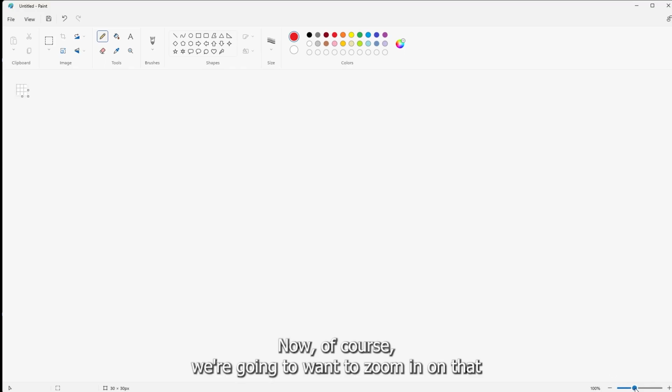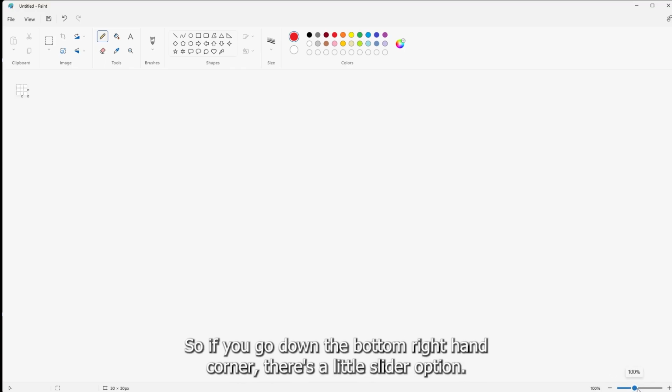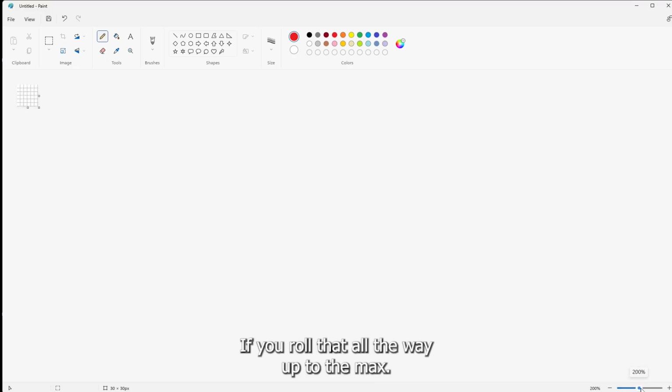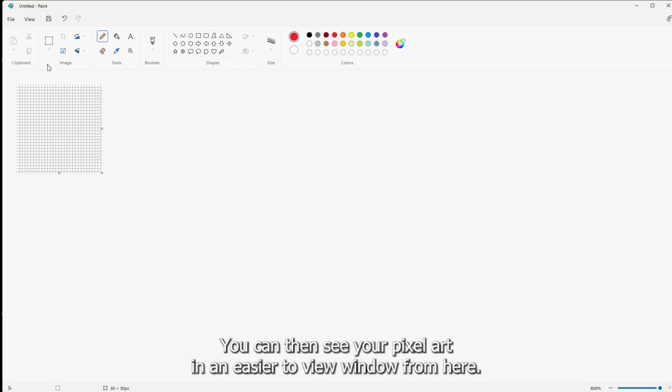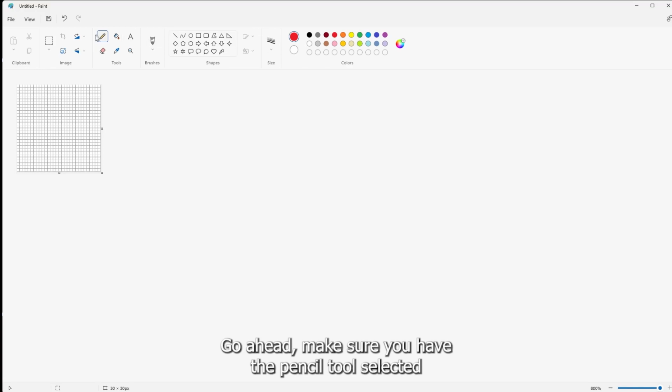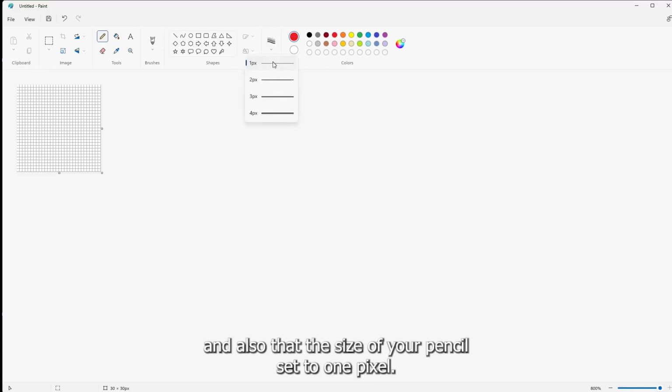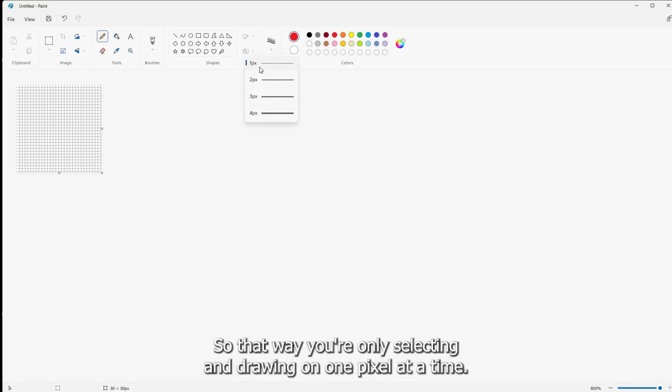Now, of course, we're going to want to zoom in on that so we can see what we're doing. So if you go down the bottom right-hand corner, there's a little slider option. If you roll that all the way up to the max, you can then see your pixel art in an easier-to-view window. From here, go ahead, make sure you have the pencil tool selected, and also that the size of your pencil is set to 1 pixel, so that way you're only selecting and drawing on 1 pixel at a